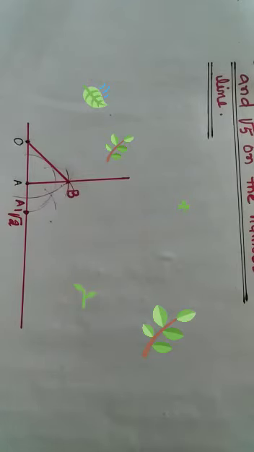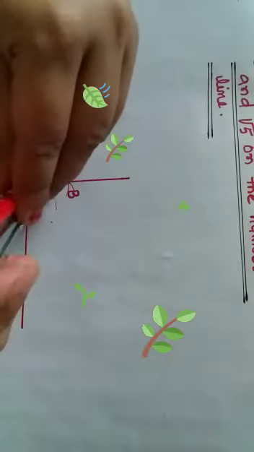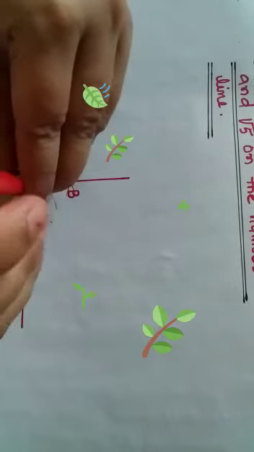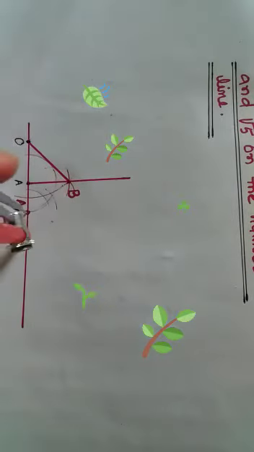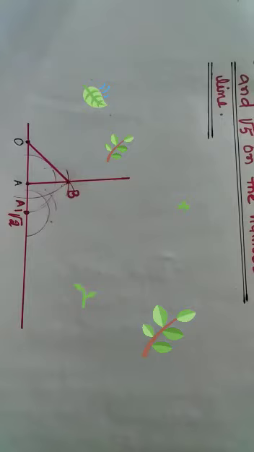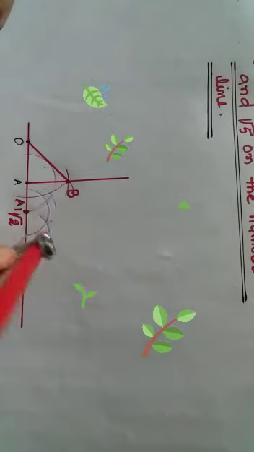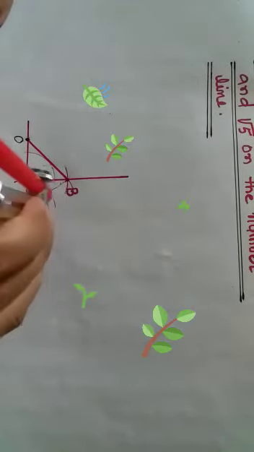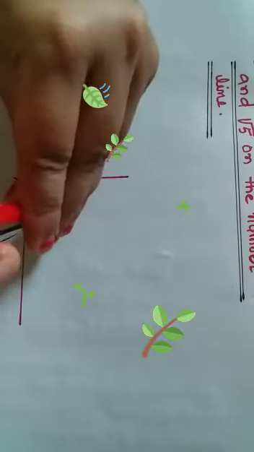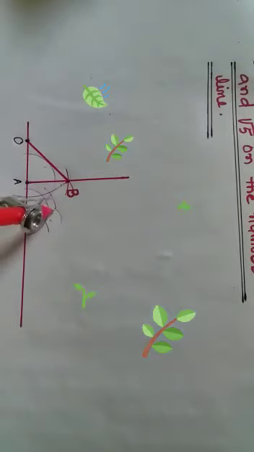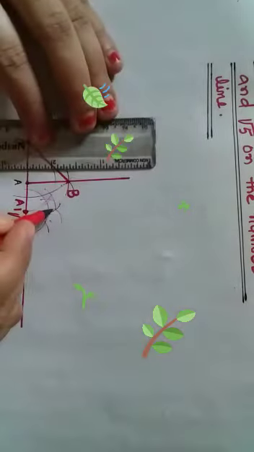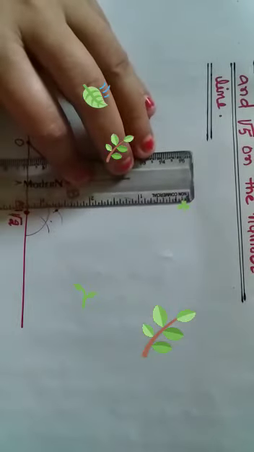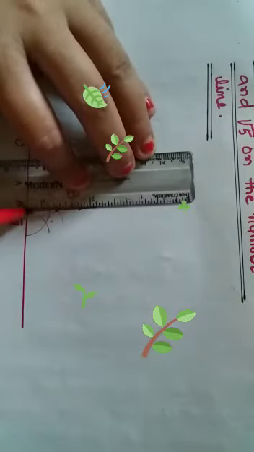Now see, from here again we will draw a perpendicular. We will follow the same steps and draw the perpendicular A1B1. Now see this very carefully. This is a very important question, and every time you will get one question of this type. Now see, here again you draw what?